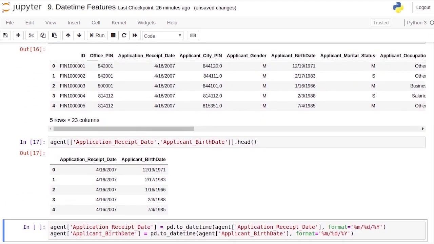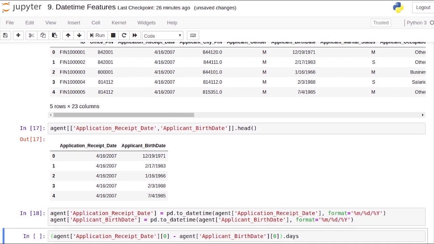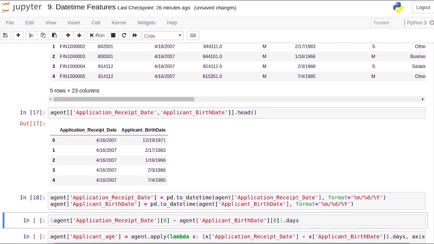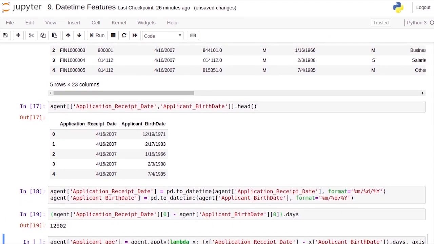Perfect. Using these, we can determine the age of the applicant. First, to do this, we need to convert these variables into, that's right, date time format. So let me go ahead and run this. Alright. Now here's the difference of the 2 variables. It's 12,902 days. Divide this by 365 and you'll get the year.